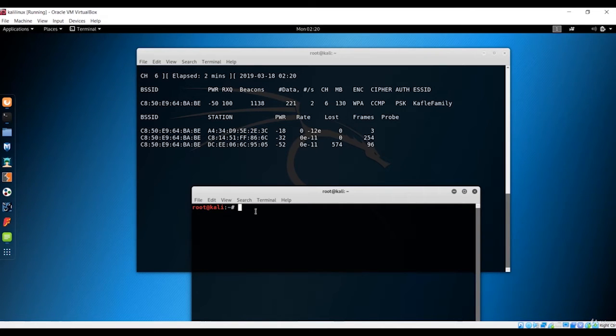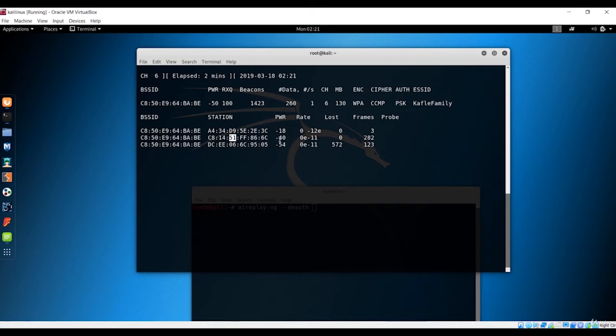So let's use that, and we have a command to do that, and let's see how we can do this. There is aireplay-ng, and this is a very powerful tool, and now we have to use this de-auth command. This de-auth is going to disconnect your network, or basically disconnect any station right here for some time. So let me see, I want this to be disconnected for some time.